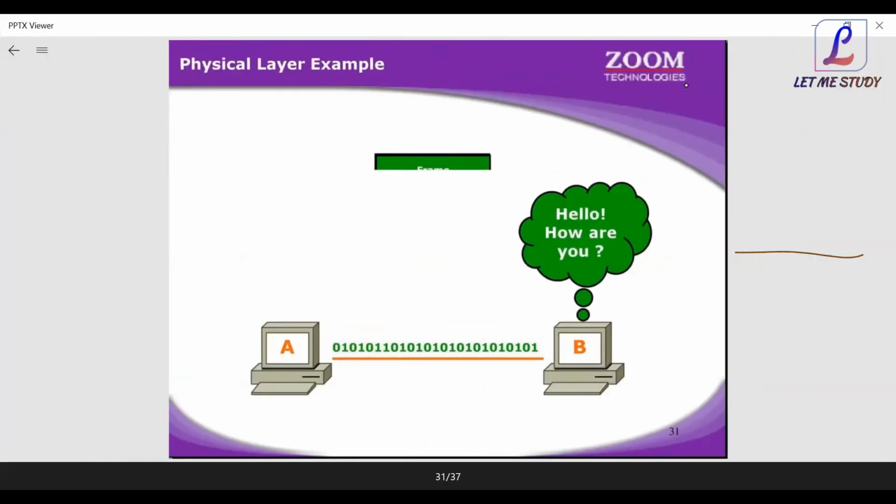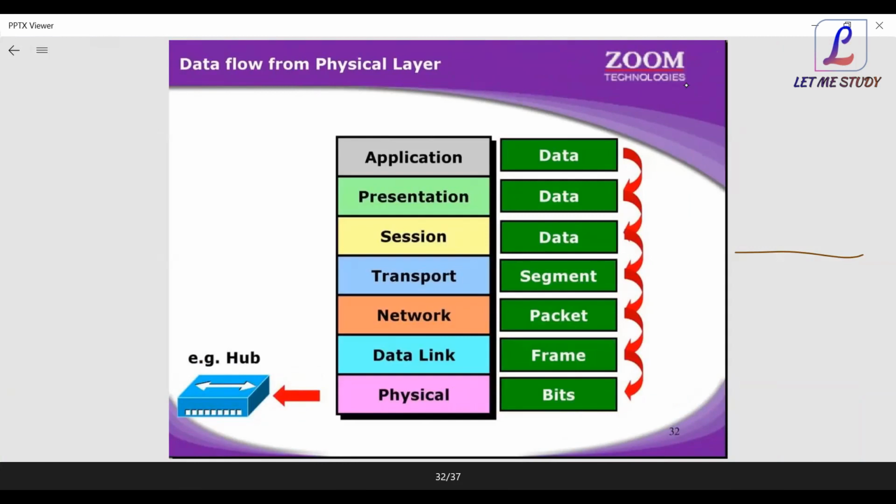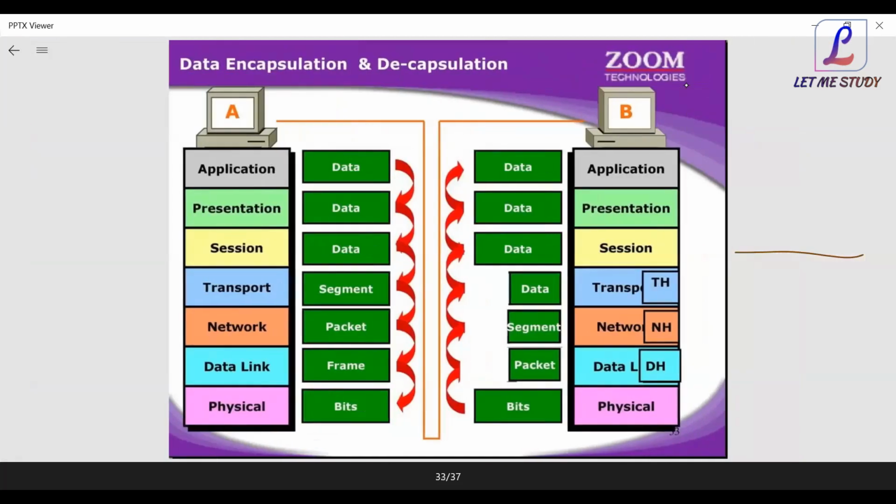So at the physical layer, how does data travel? It travels in binary bits, in the format of 010101. It's just computer language, as you know. At the physical layer, data is converted into bits and forwarded to the media. Now application A is the sender, so data travels from the sender's application. It deals with the application layer, then comes to the presentation layer, then session, transport, network and data link layer, and then it comes to physical, and that physical sends it to this end. Now when it's received on this,